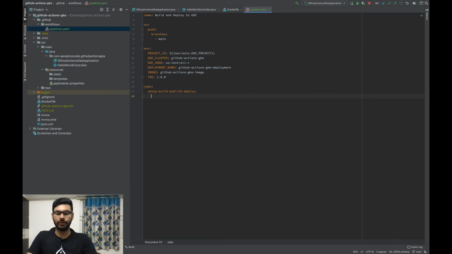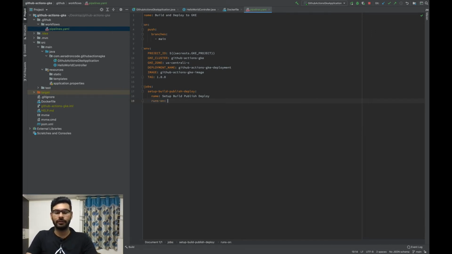So the next will be the name of the job, basically, the overall name of the process. So it will be setup, build, publish and deploy. So this is the name, and runs on is the parameter that is required. Runs on.